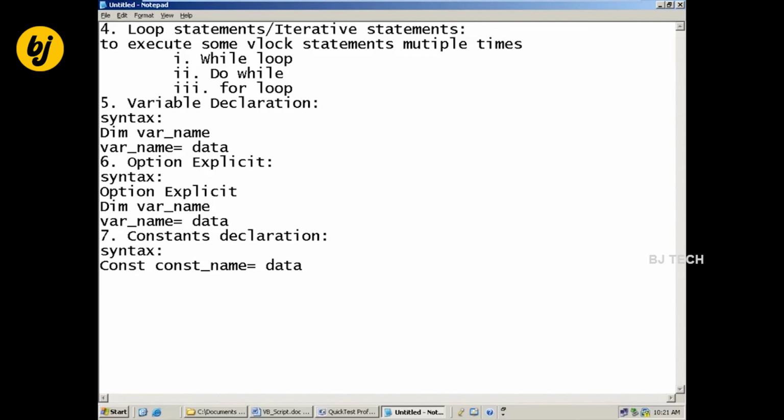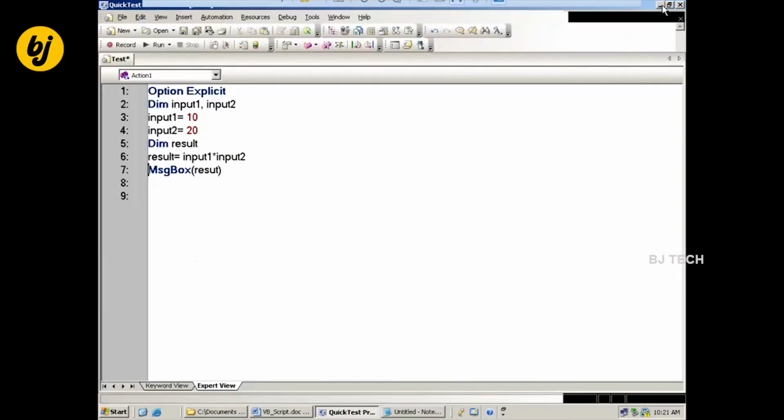Generally, it should not be done that way. It won't accept a variable there. Constant, this is the syntax. Syntax means something which can be understood by that language. That only you have to use.